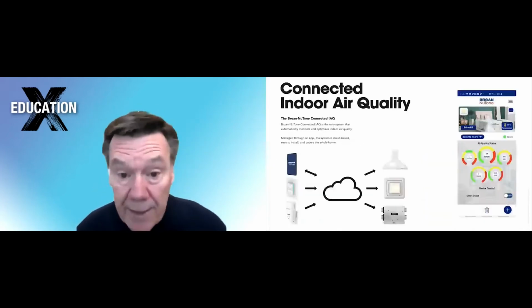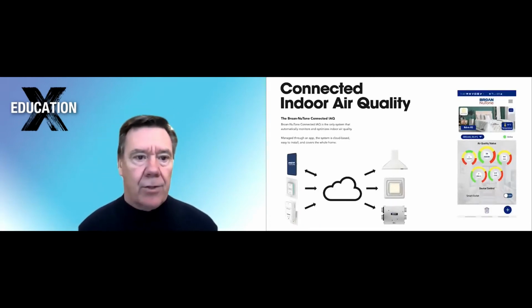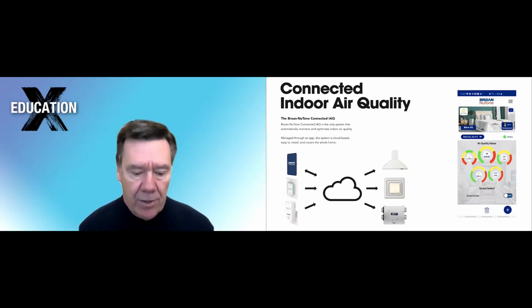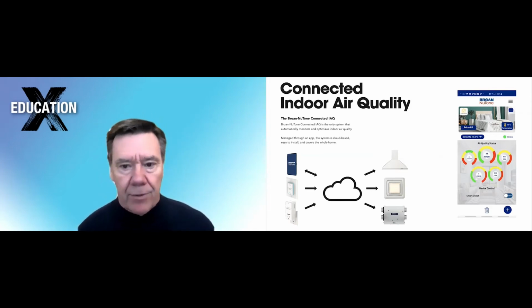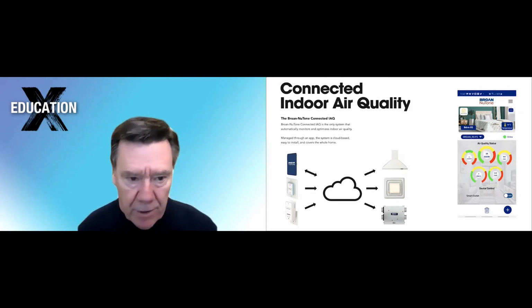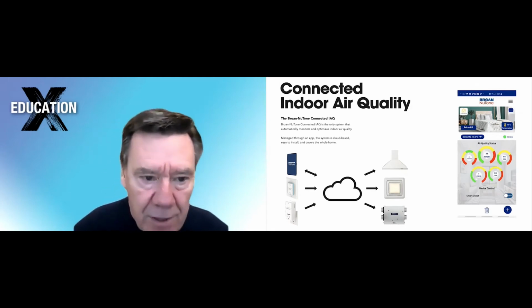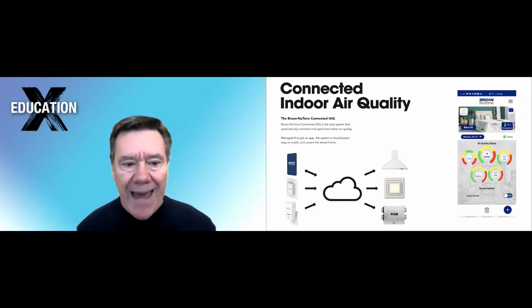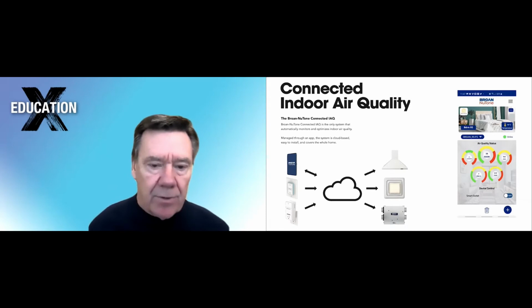And the cool thing is, we have great new technologies that are going to be on the market this year. This is one system that has a sensor that can measure CO2. It can measure PM 2.5. Those are particles less than 2.5 microns that can bridge the gap between your bloodstream and lung tissue, lead to cardiovascular disease, that type of thing. It can measure VOC and temperature and humidity,